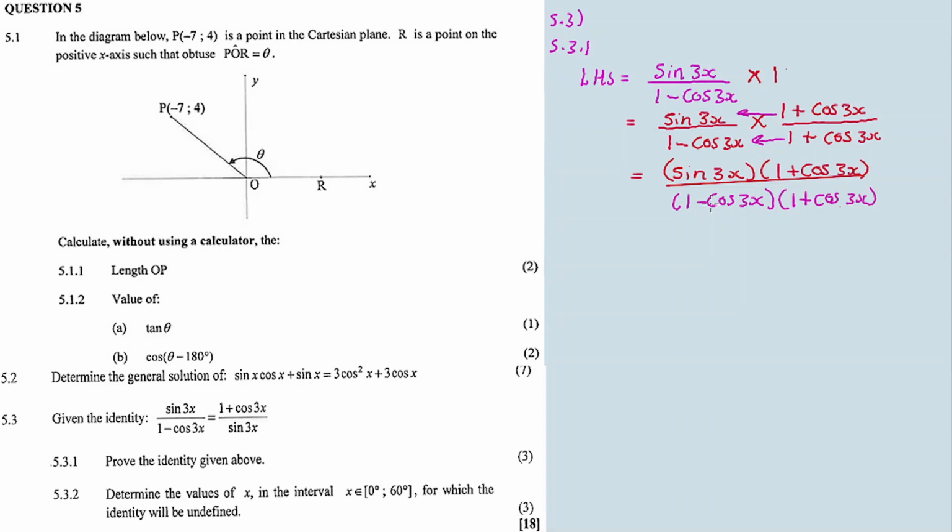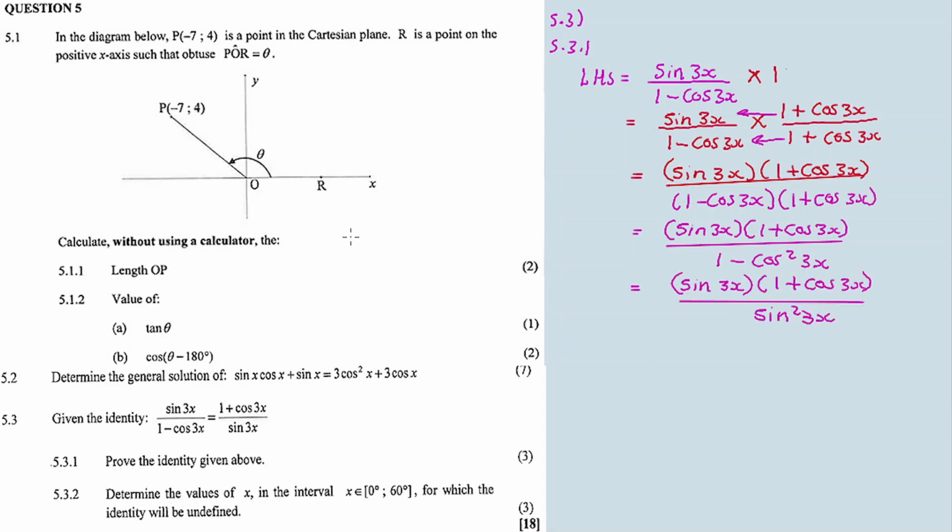Now these brackets are the same, the only difference is the signs. So the denominator I multiply because this is a difference of two squares. 1 times 1 is 1, minus cos 3x times plus cos 3x, I get minus cos squared 3x. Then